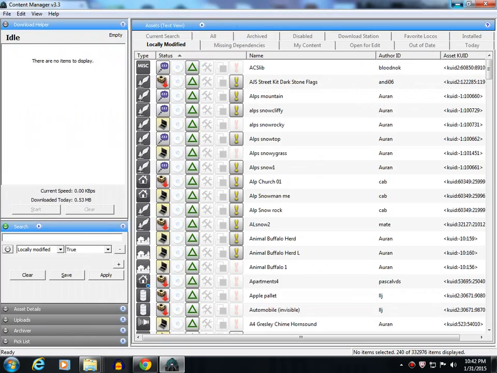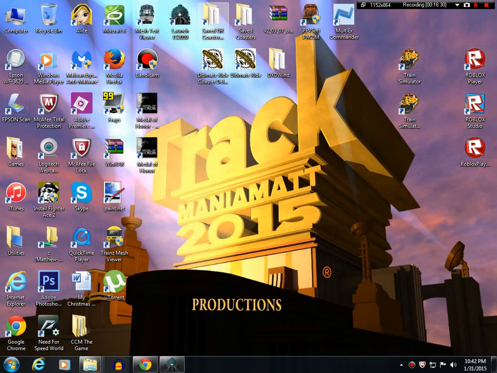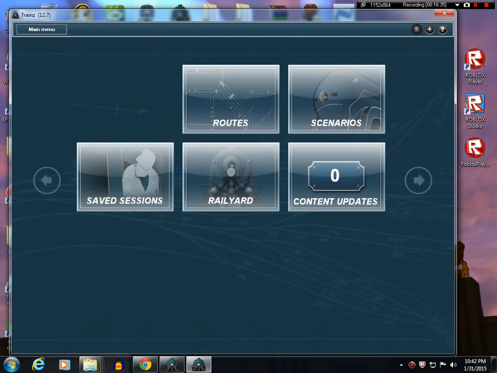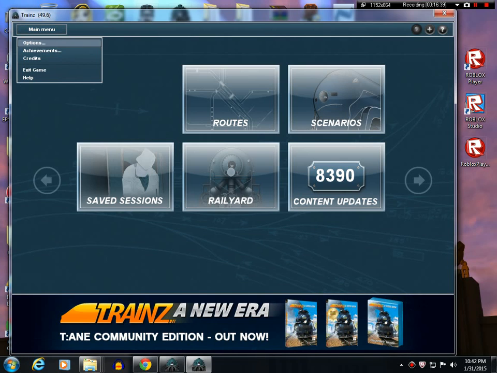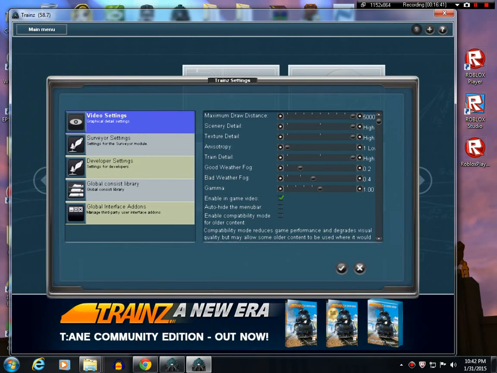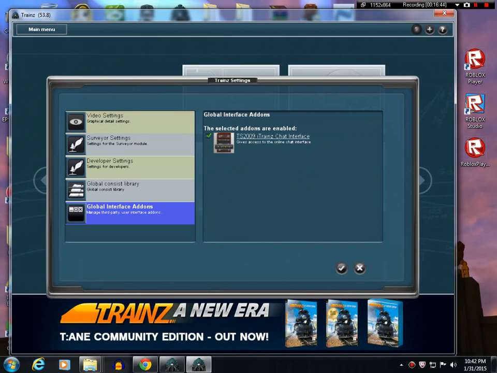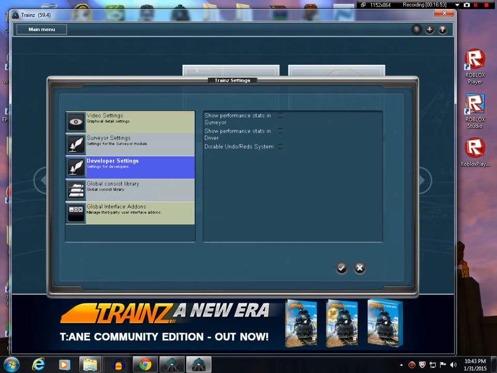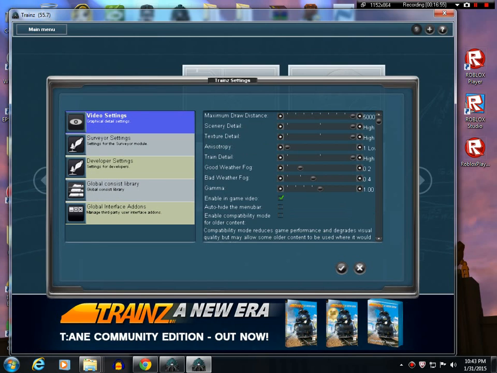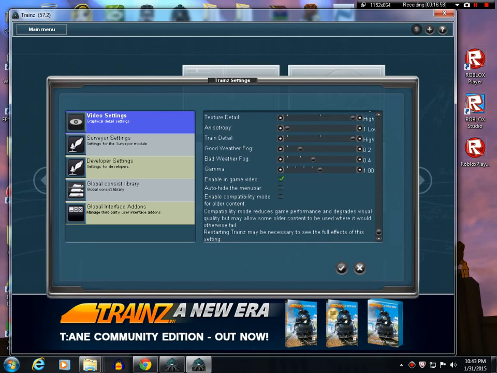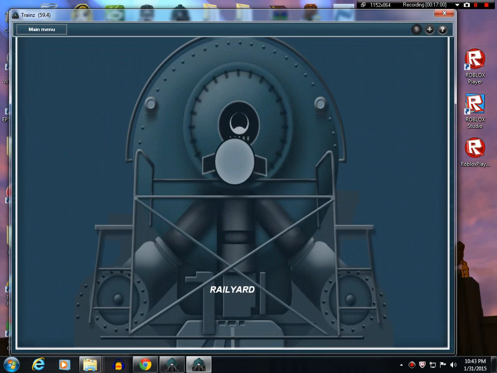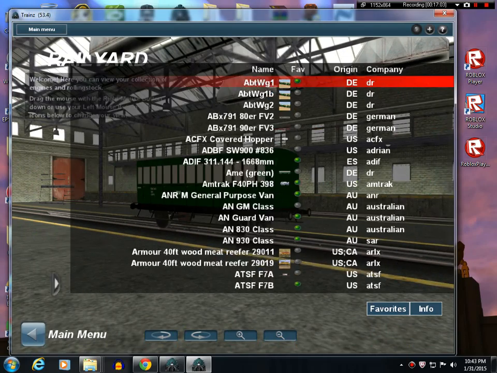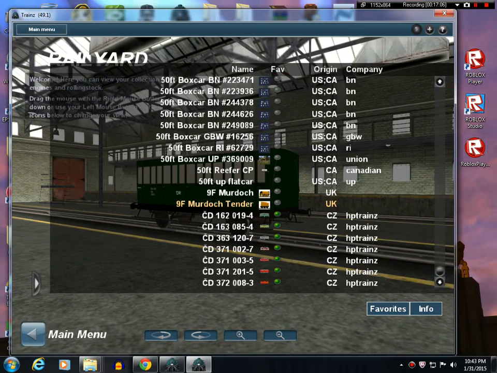Oh, I know. Another way you could do this is go to Launch Trainz 2010, start the game up, then go to your main menu, even though you're on it, click Options, then click Global Consist Library, Developer Settings, Surveyor Settings, no. Enable compatibility mode for older content. Go to Railyard. And if the compatibility mode for older content is checked,